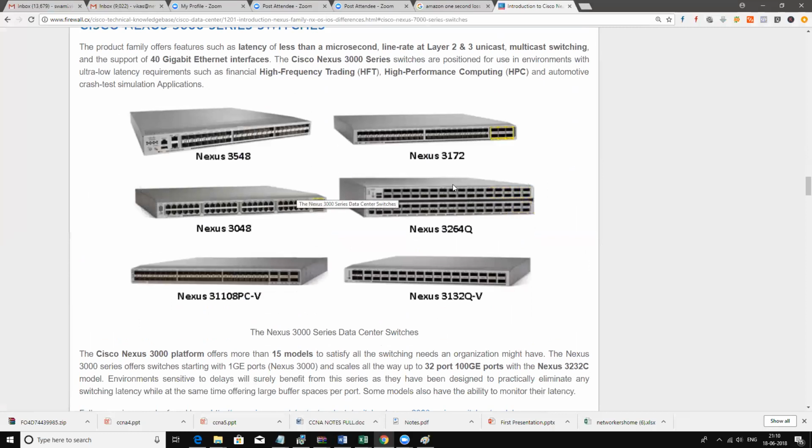Then we have the 3K series, which is a recent addition, not very recent, but recent compared to the previous switches. Because the 7Ks came, the 5Ks came, and then the 4Ks came, which is actually dedicated for IBM. Cisco manufactures them under a licensing agreement with IBM. So 4K is not a Cisco product anymore, it's given to IBM. 3K is what Cisco has, and you can again call it a distribution layer switch